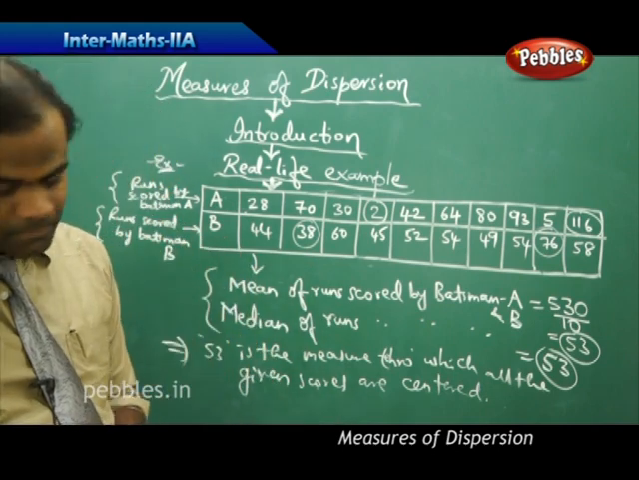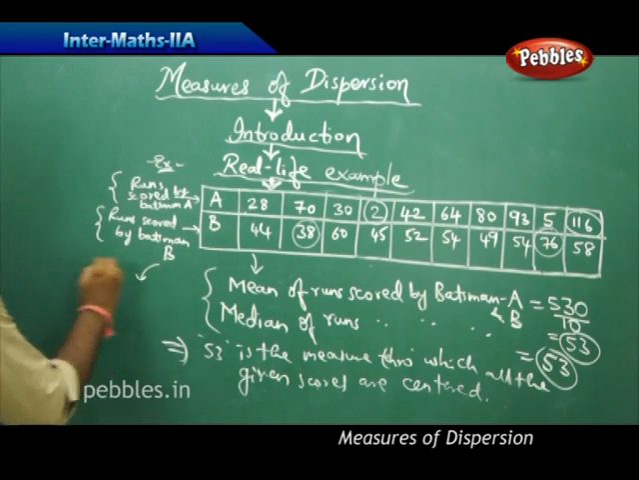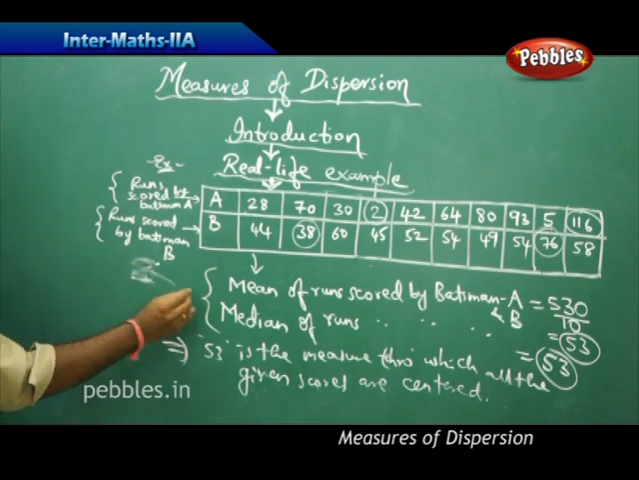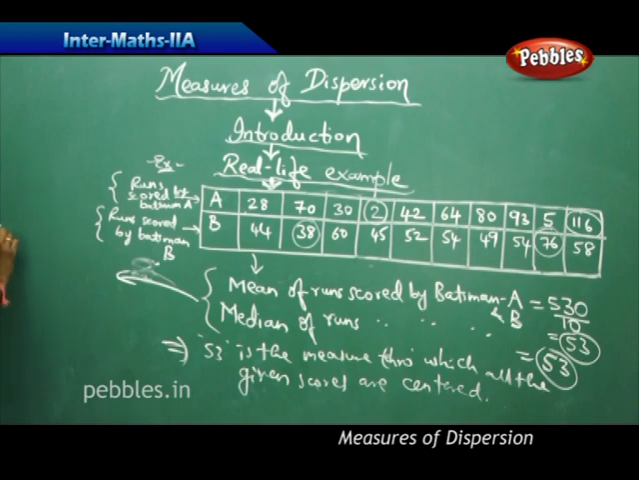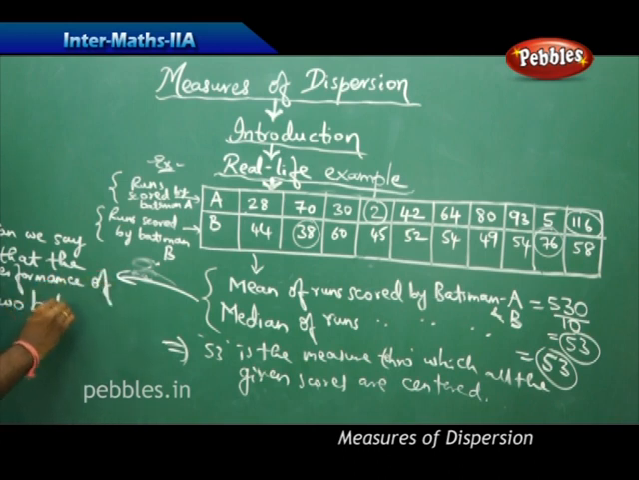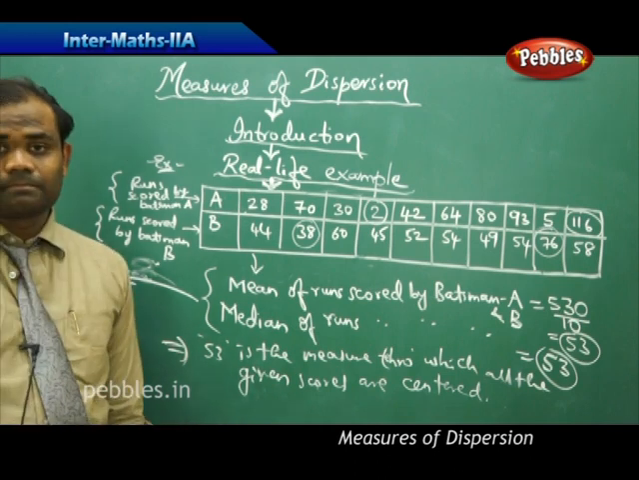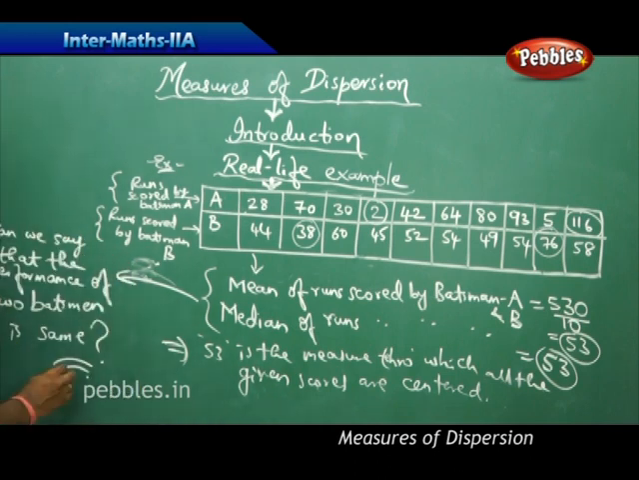So my question here is, based on these two medians being same, can we say that the performance of two batsmen is same? Is the biggest question here, which says, can we say that the performance of two batsmen is same? No, certainly the answer is